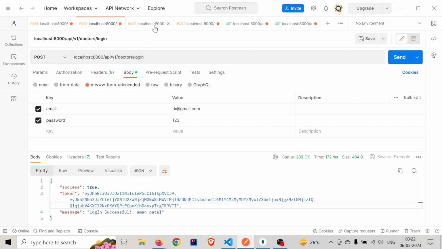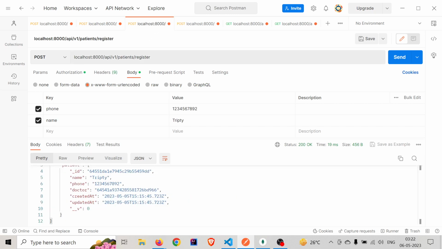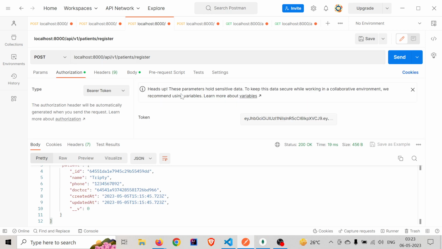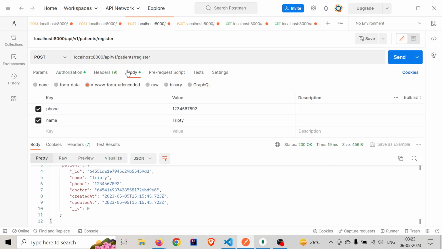Let's go to the next API. This is for registering the patient, so we provide this token over here in the bearer token, along with phone and name. Obviously the phone would be unique and of length 10. So this is for registering the patient.